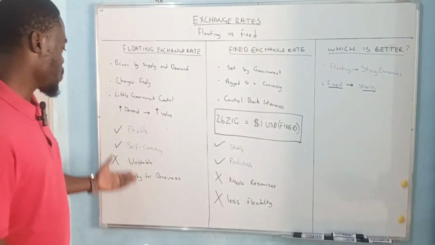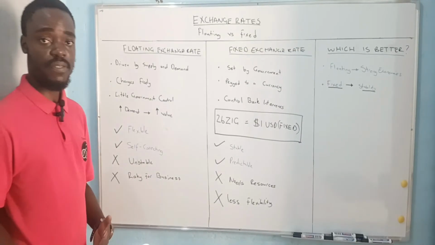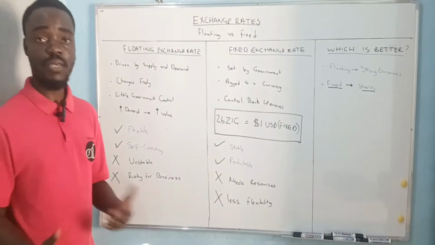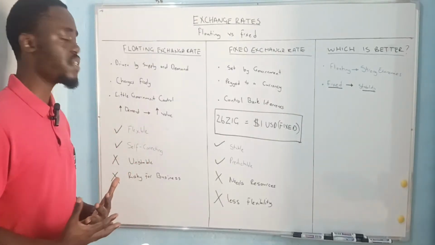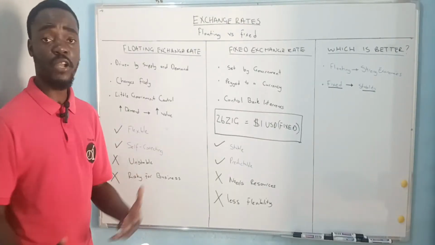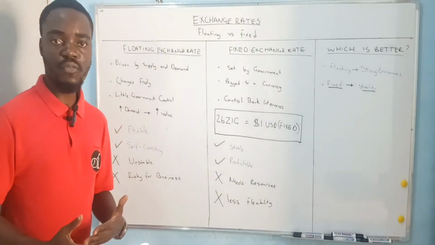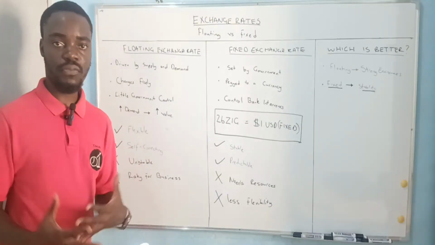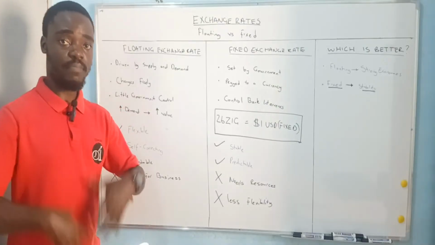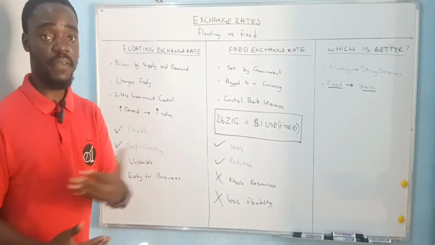Some of the benefits of pursuing a floating exchange rate are that there is flexibility, as the markets are the ones who decide the value of your currency, and also it is self-correcting. Using a floating exchange rate clearly shows a country's performance, how you are performing. In terms of self-correcting, if your currency is depreciating, then you improve your output, you improve the quality of the goods and services that you're delivering. You also improve the policies that you're now implementing in your country, opening yourself up. You're going to see the floating exchange rate correcting itself